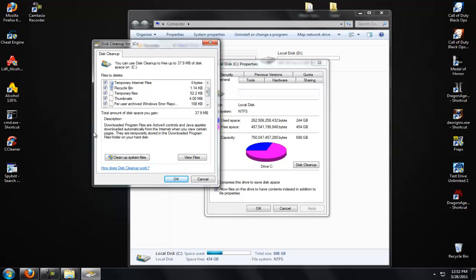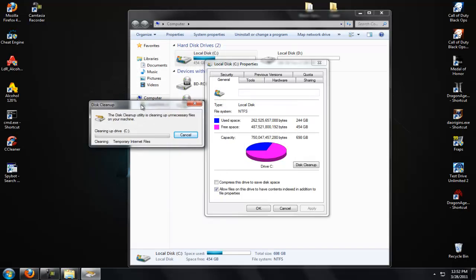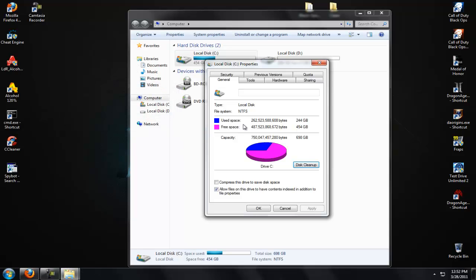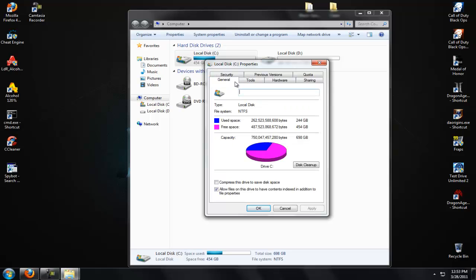Okay, once you select the files, just click OK. Oh wait, clean up system files. Click OK. Delete files, and it will start deleting all of your files. It will clean up your recycle bins. It will clean up your system errors that are also causing you to have more errors and stuff like that. Now when you're done with that,